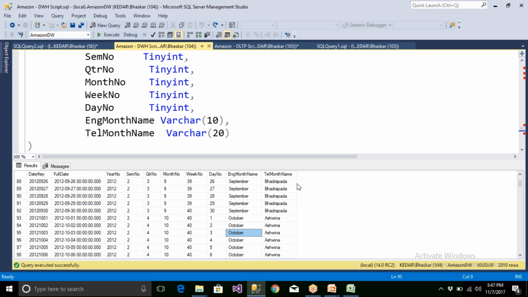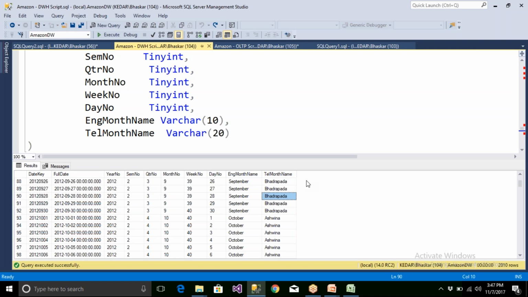So if they have special month names, you should be able to have that. Or you wanted to understand, is it a holiday or is it a weekday? So you may have one more column here, is it a weekday or is it holiday? So something like this, many people say true or false. So tomorrow I wanted to understand how many products have been sold on weekdays, how many products are sold on weekends. So that kind of a question you should be able to answer.